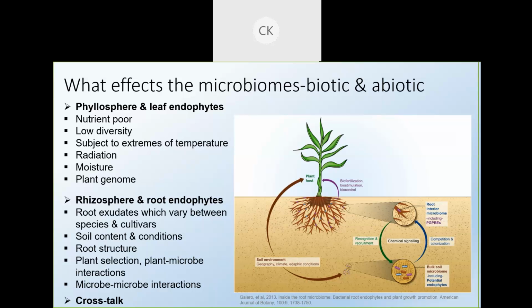The phyllosphere is generally a nutrient-poor environment. There's usually low diversity of microbes there, and the plant and the microbes are subject to environmental conditions above ground, such as temperature changes, radiation, and moisture. And at times, even the plant genome itself will have an influence on the phyllosphere and the leaf endophytes. In the rhizosphere,